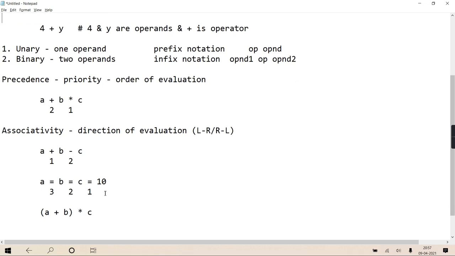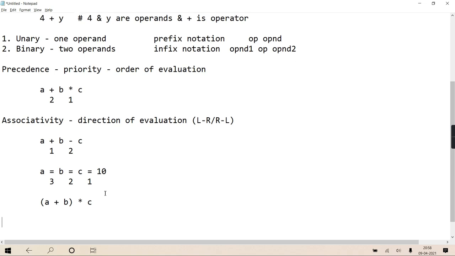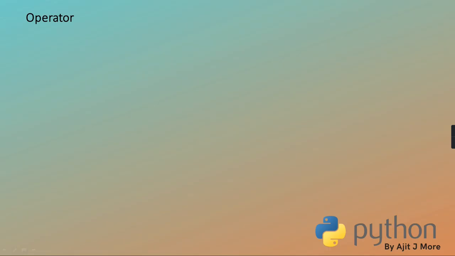First, remember that in Python all unary operators are in prefix notation only, because in some languages unary operators are in postfix notation and prefix notation both. And binary operators are in infix notation. Infix, because the operator is between the operands. Prefix, because the operator is before the operand. Priority, associativity, brackets, when to use, everything is clear, I guess. Quickly we'll see this summary to wind up today's session.